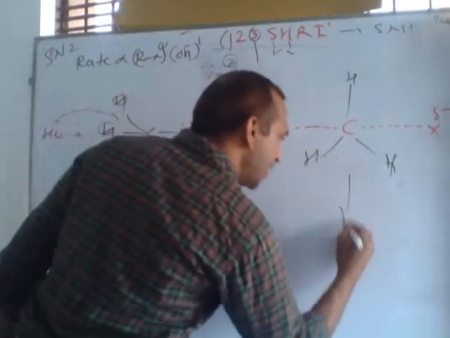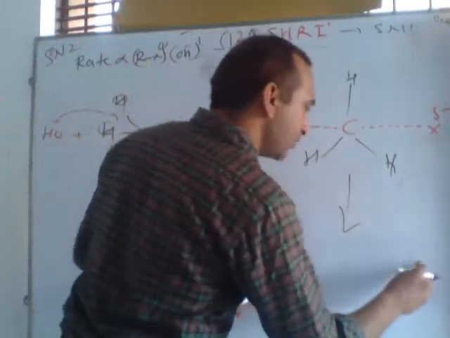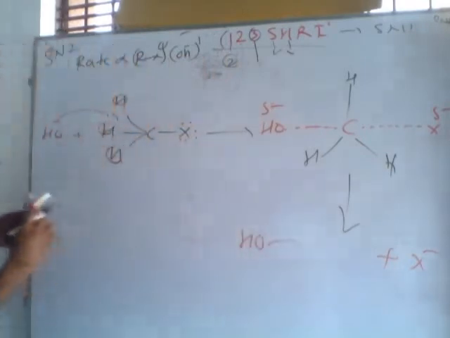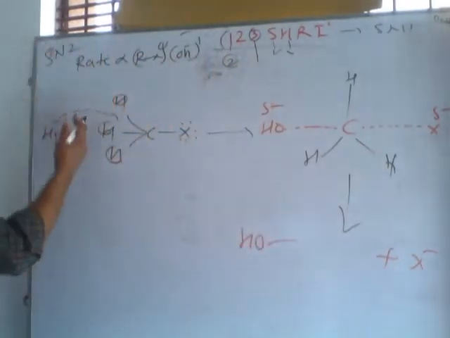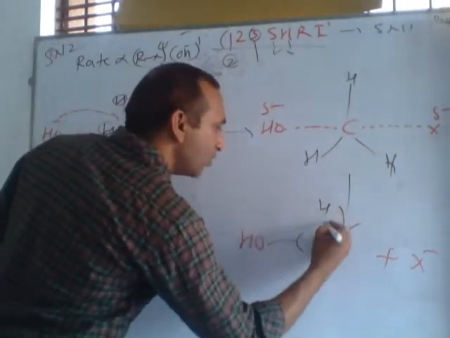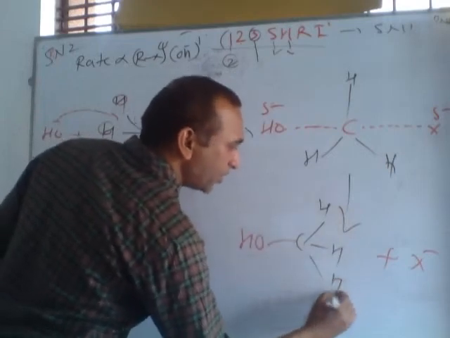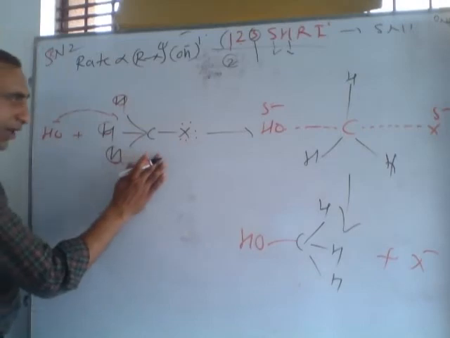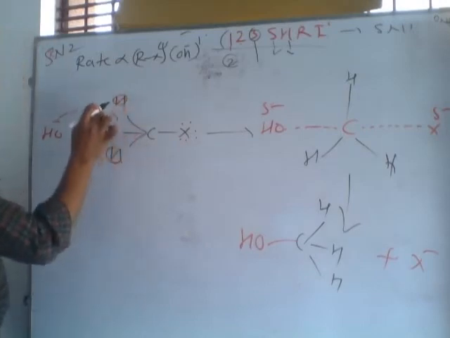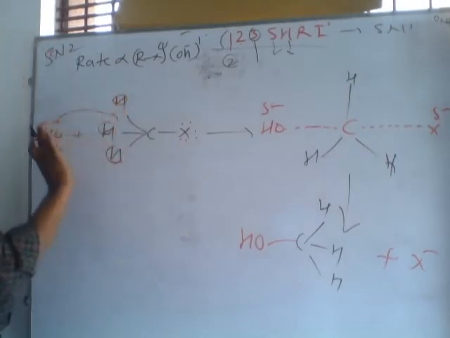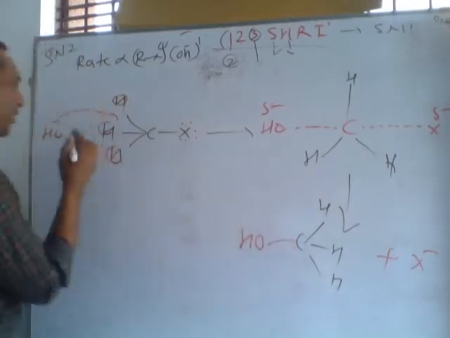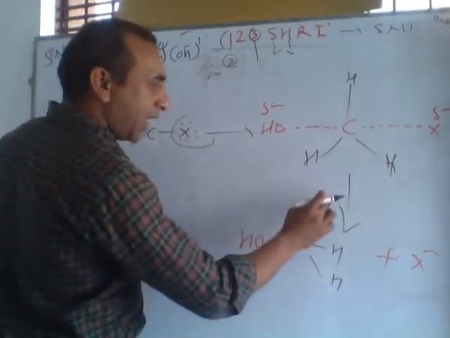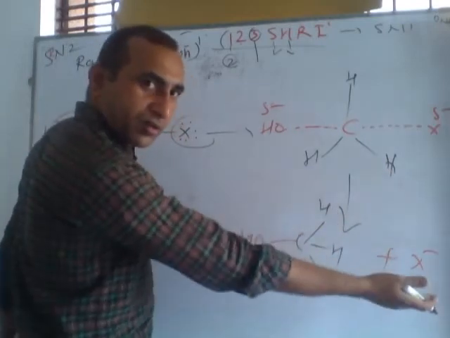So quickly, in the second step, this halogen is removed and this OH attacks from the left side, from the back side. A new compound with a new configuration is formed. Can you observe? In the reactant, the orientation of all these hydrogens was on the left side. In the product, instead of halogen, OH is joined and all the hydrogens are rotated to the right side.